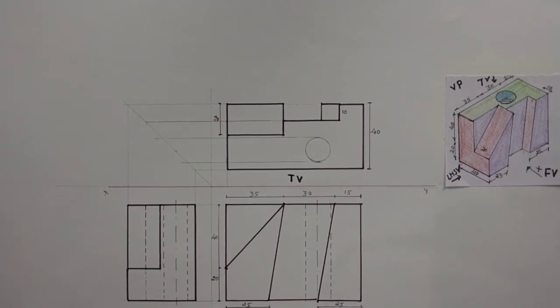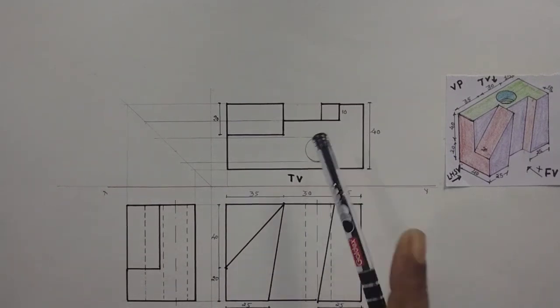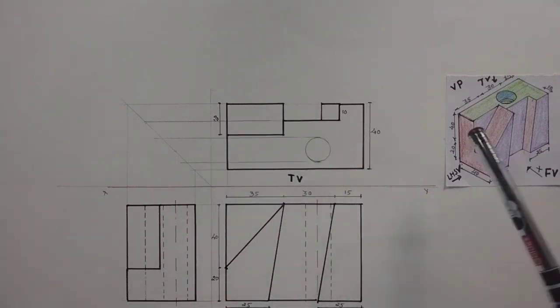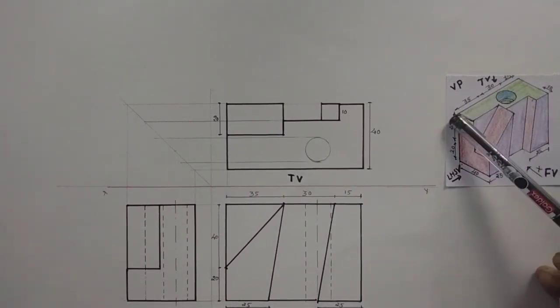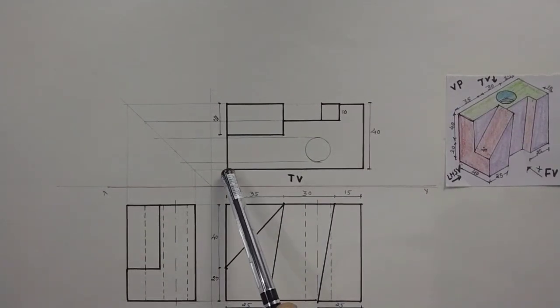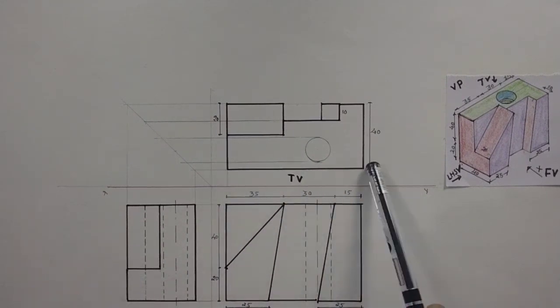So friends, here is a very important step in the third angle system. Front view below the XY line, top view above the XY line. Your left hand side view is always on the left side of the elevation. And when you create your top view, you have to take care that the edge which is nearer to VP is always nearer to the XY line in our orthographics.